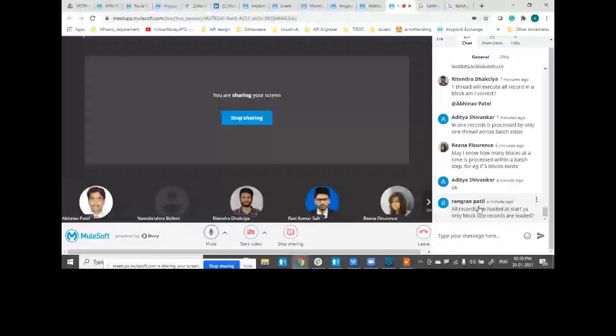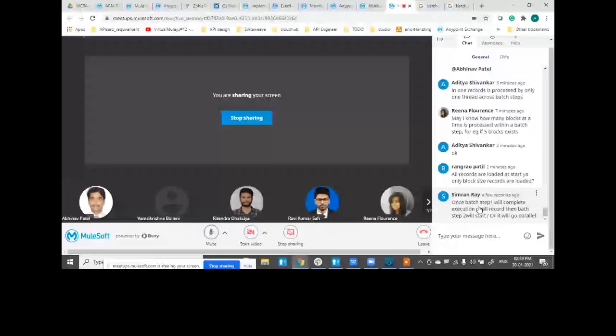One more additional point here. If we have 16,000 records, let us consider we have 16 threads, each allocated 100 records. In that case, every thread is occupied with the 100 block size, right? Whenever it completes batch step 1, it will be free, and it will be used across all the batch steps, whatever thread is free.